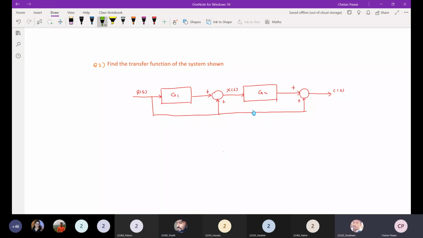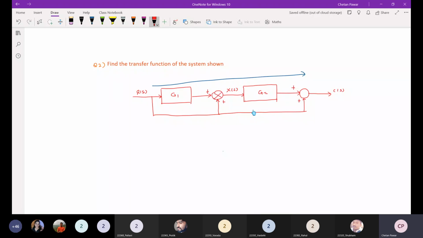Good. Feedback is what? When we take a signal from the output, right? And that we feed it to the input side or error detector side. So here there is no such backward loop. There is no feedback loop here. If I talk about this particular block diagram, this is one forward loop, right? Similarly, there are forward loops in different ways, like this one. When we consider the SFG, signal flow graph, at that time we will talk about it.